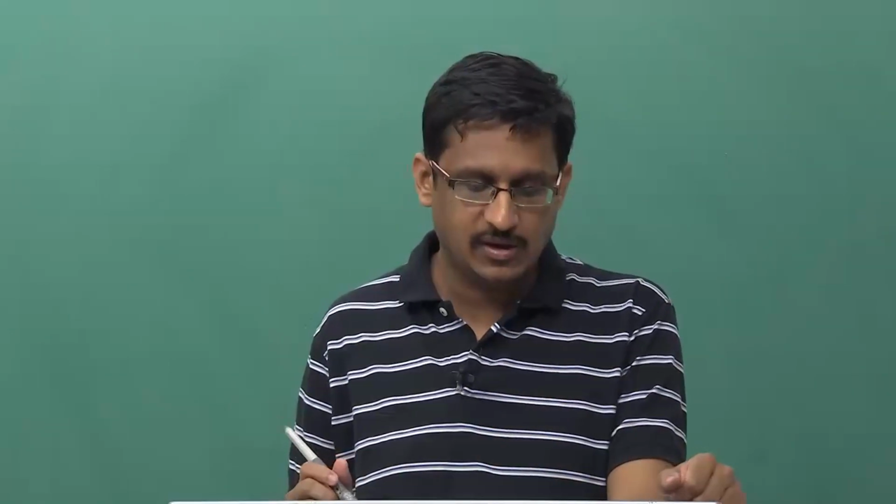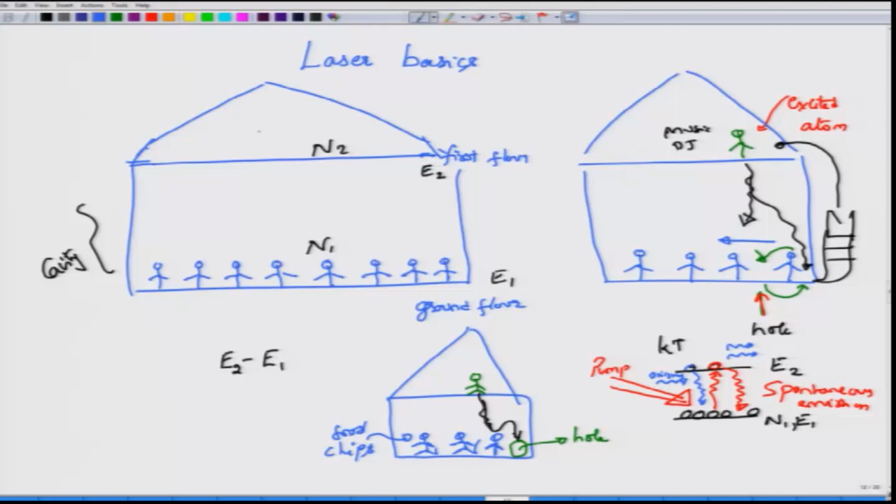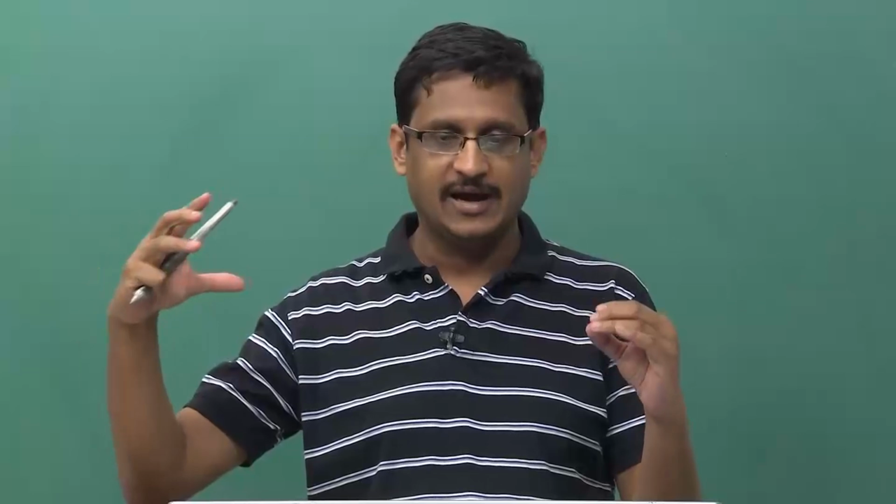So, in the party analogy, we should have a DJ music in such a way that most of them would like to be excited onto the first floor and very few people would be allowed on the ground floor. And when most of them have gone to the first floor, and then something else happens like potato chips are brought in, then people will drop from the first floor to the ground floor, and one or two chips are sufficient for many people to drop down and generate photons which will then be amplified. So, you start off with one or two noise photons, and at the output of the laser you have a huge number of photons coming out, and this can be sustained by having a feedback mechanism.